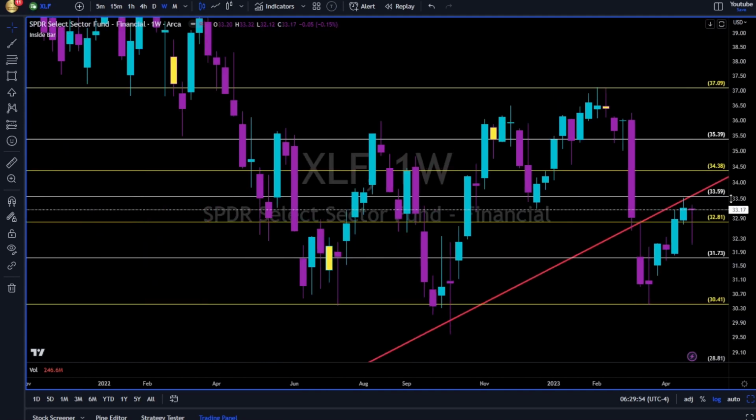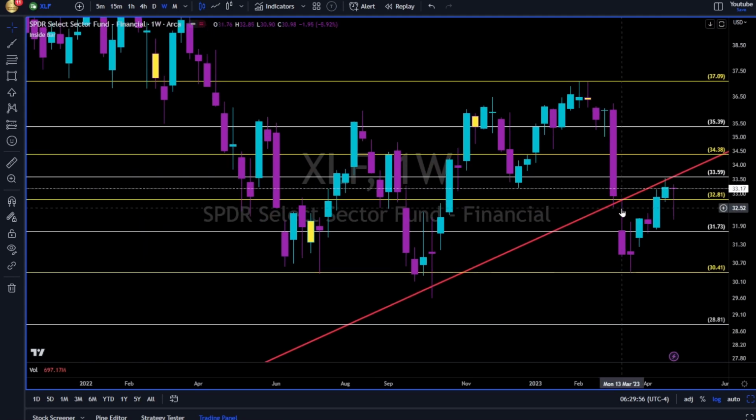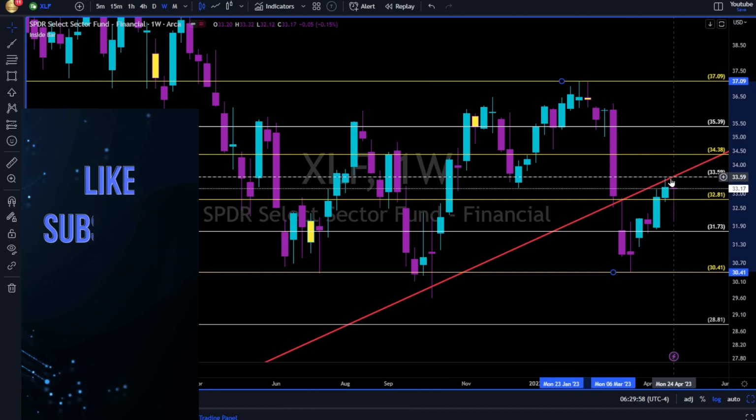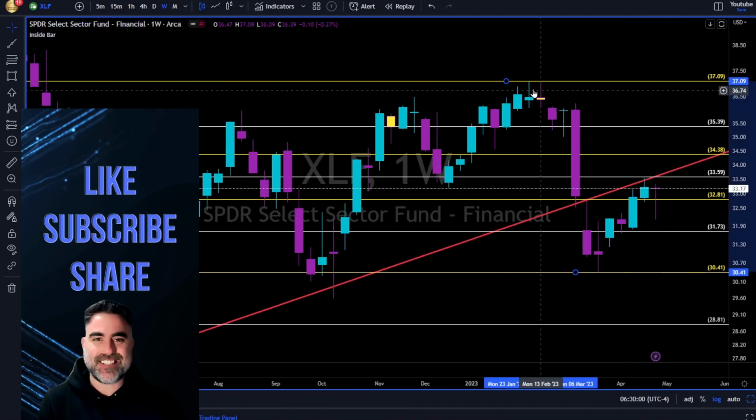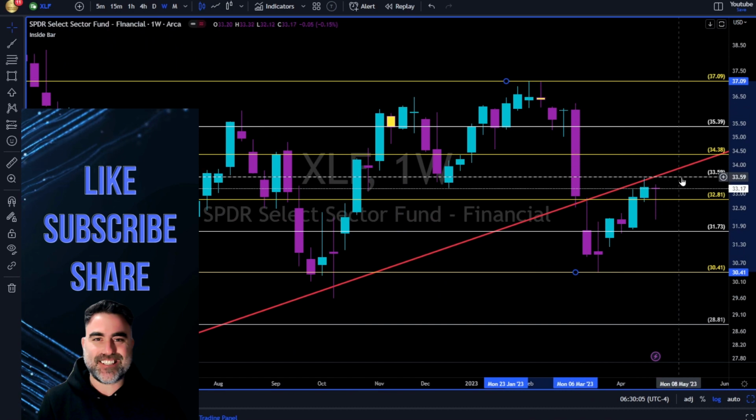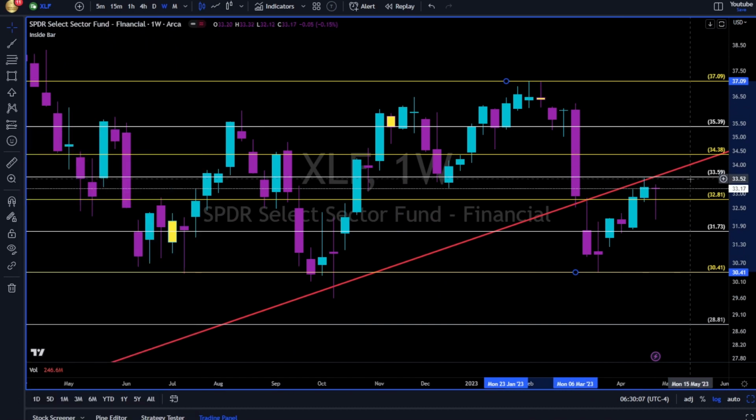This XLF, still from this trend line as support. This trend line now is a resistance. We had downtrend, retracement, back to the 50% retracement. Now let's see if bulls of XLF have enough power in their hands to break above the 33 area and above this red trend line. Then we have the levels to the upside for future